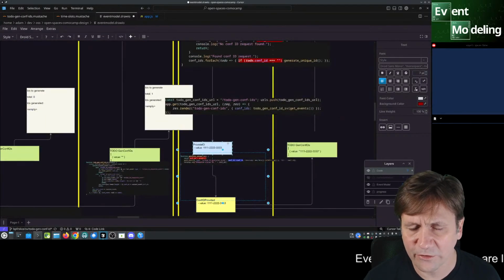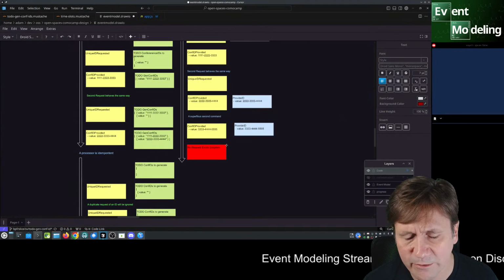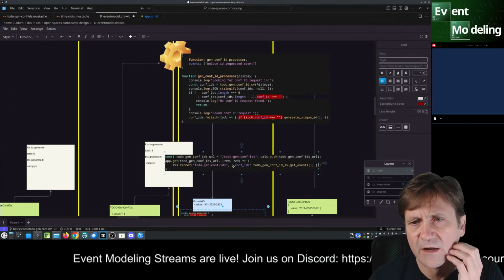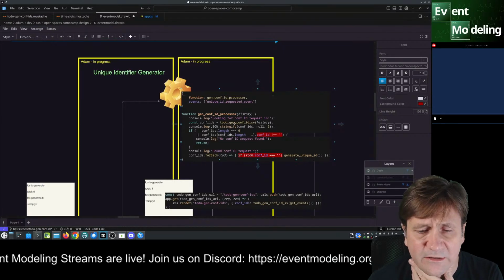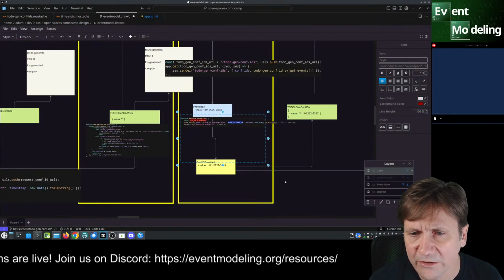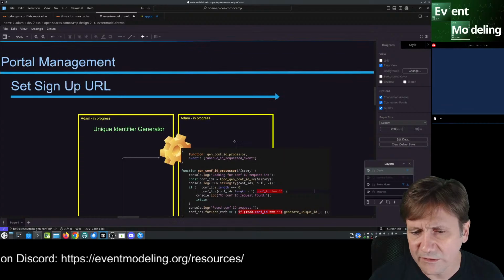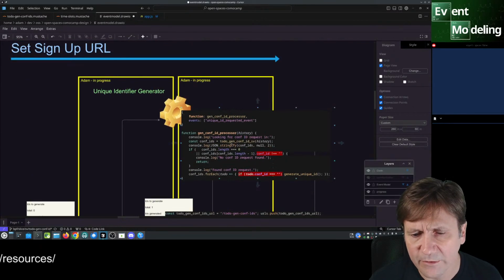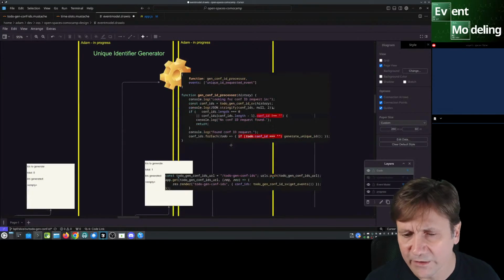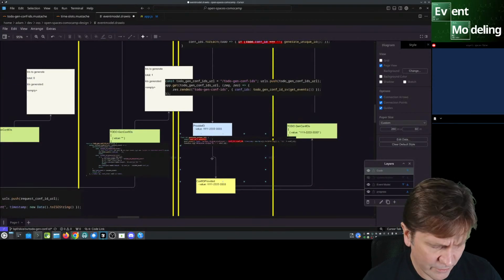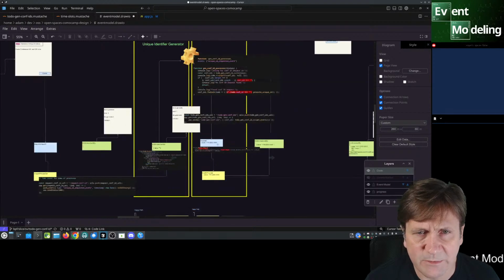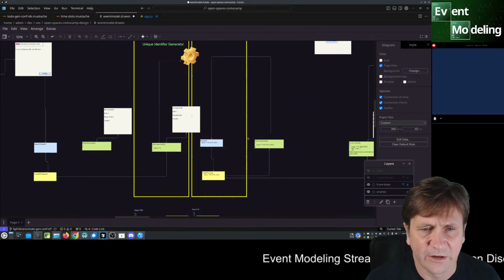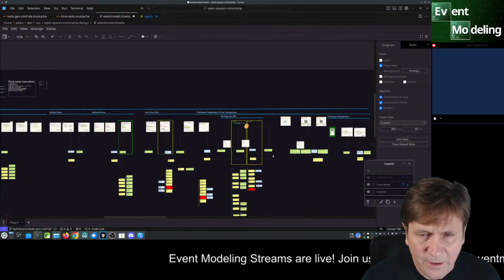Sure, you might look for clues from the previous thing, so you're not rewriting everything from scratch necessarily, but for all intents and purposes, I might not like this implementation. I might just chuck it all. So this is why in event modeling the documentation, even with code samples in it, doesn't fall out of sync. So especially if someone's trying to get up to speed, it might be interesting to add this layer to your event model just to show how things work.